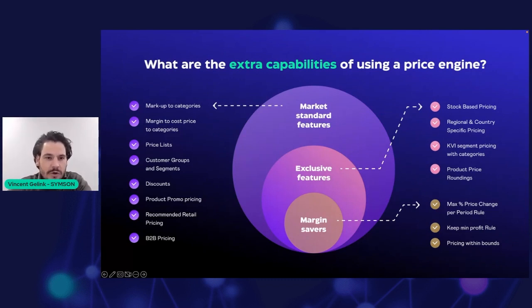But if we then look more closely at exclusive features, what we can mostly say is that you can make a diversified price strategy. For instance, what we like to include is stock-based pricing, right? So we are dealing with stock levels, and at which stock levels we want to push prices, and maybe at certain stock levels we want to lower prices. This is important for us, just to make sure that you can manage your inventory pretty well. Furthermore, if you are active in multiple countries or in certain regions, or you are selling on different marketplaces, that is something you want to apply as well.